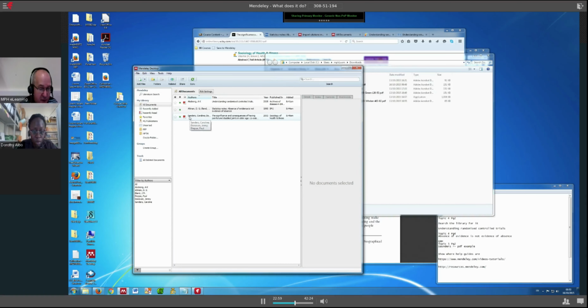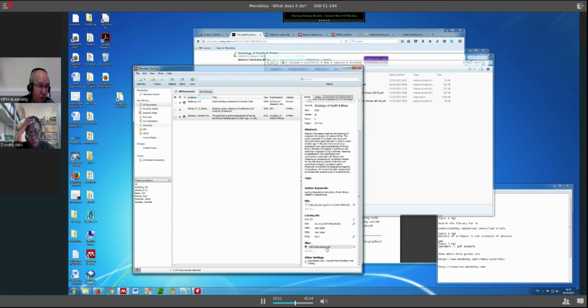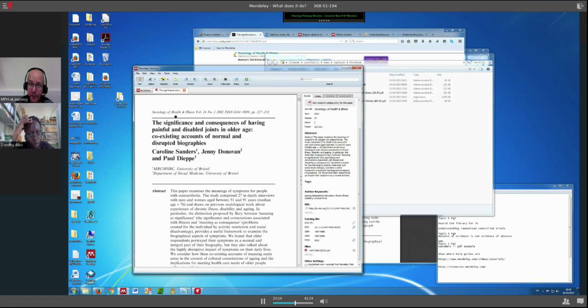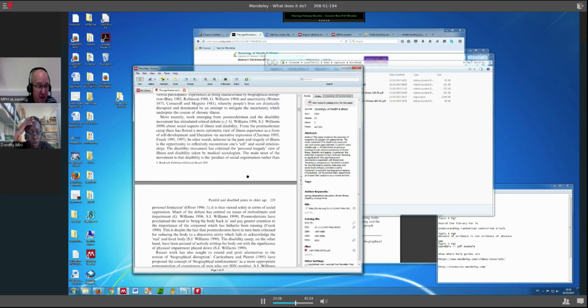So before I go and do the final part, because we're nearly there really, this is the main thing that I wanted to show you. In Mendeley itself, you can actually open the PDF. So I've opened the PDF that I downloaded, the one from Caroline Sanders from QRM. So I've got a full copy of the paper here. If you had done this on maybe your phone or your iPad or your tablet or your laptop or whatever you might be taking on the train, you could actually be working offline